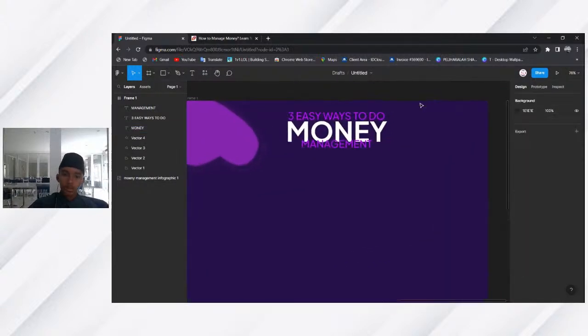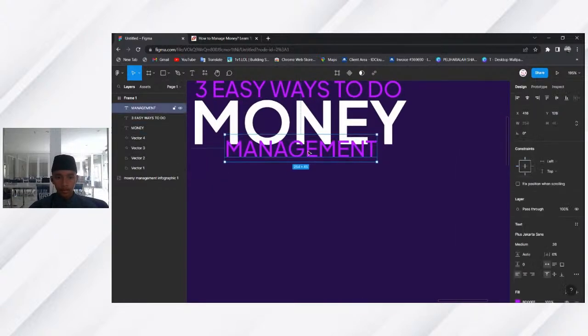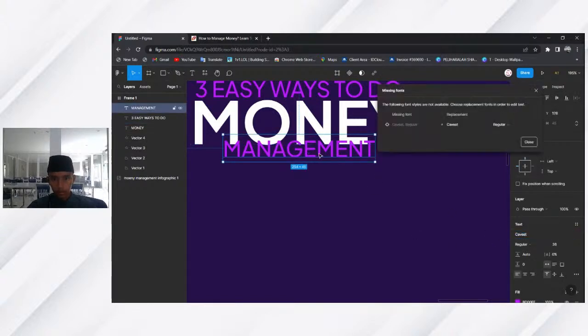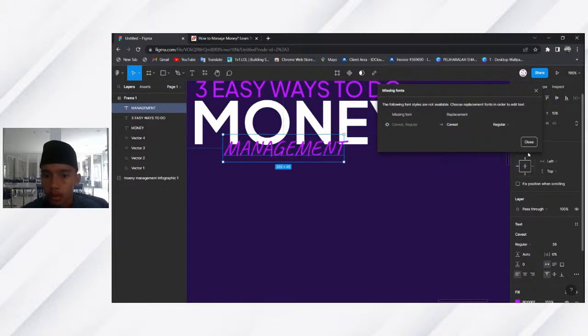Well, how to fix this is change the management font into something else, like so. Change the font into Kavivanar.